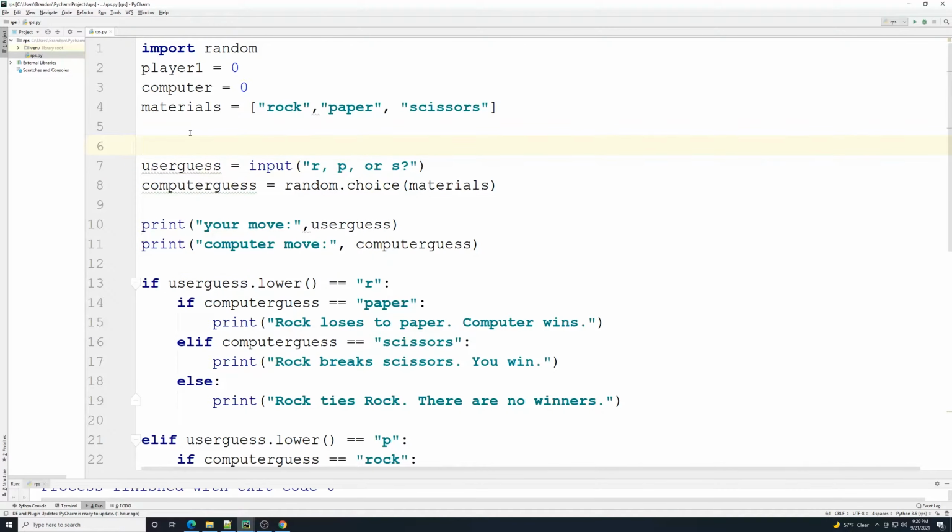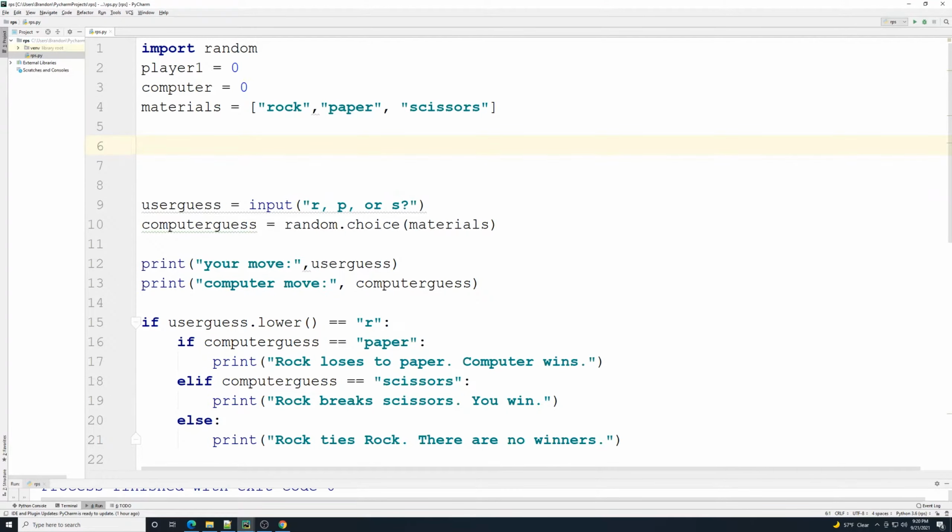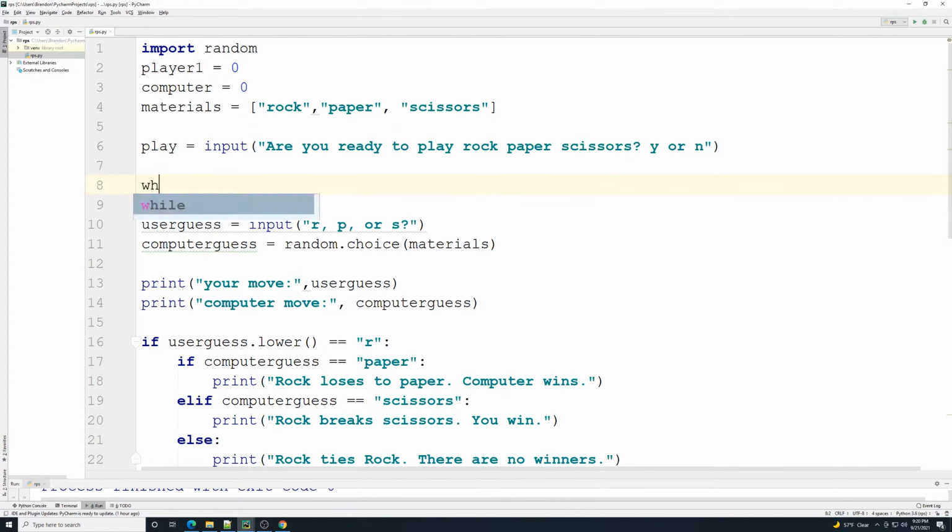So I want to get us into a loop. We're going to use a while loop for this, to have this game be able to cycle through multiple times. So I'll call the variable play and set it equal to input, and we'll ask, are you ready to play rock paper scissors? And we can go Y or N. That's pretty easy to get us started. Then we'll go while play dot lower, so that it doesn't matter if they type in capital or not. While play dot lower is equal to Y,